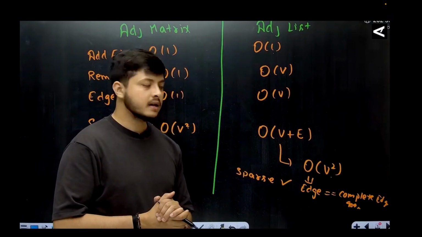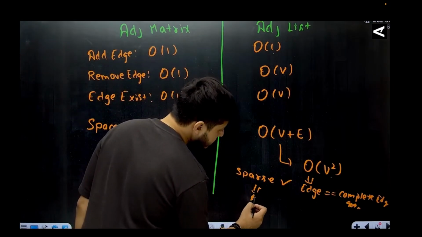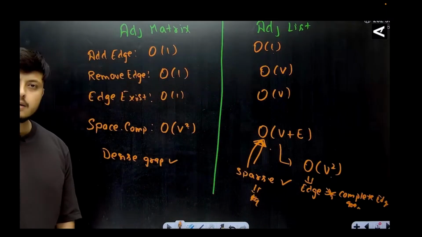और स्पार्स उसका उल्टा कि उसमें नंबर ऑफ एजेस काफी कम है। ठीक है, हाँ जी, तो स्पार्स ग्राफ अगर मैं बोलूंगा नंबर ऑफ एजेस बहुत ही कम है, मतलब इस कंप्लीट ग्राफ की अगर बगल भी नहीं है, तो मैं बोल सकता हूं उस केस में इसकी स्पेस कॉम्प्लेक्सिटी ऑर्डर ऑफ v + e के इक्वल आएगी। तो इसलिए स्पार्स ग्राफ इसको प्रेफर करता